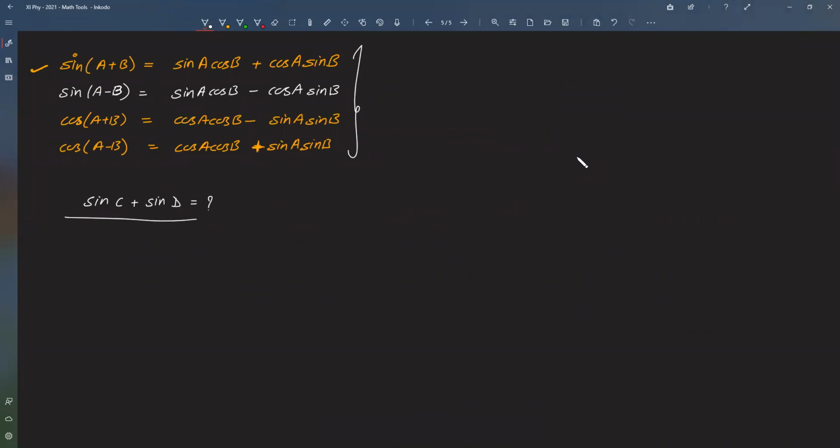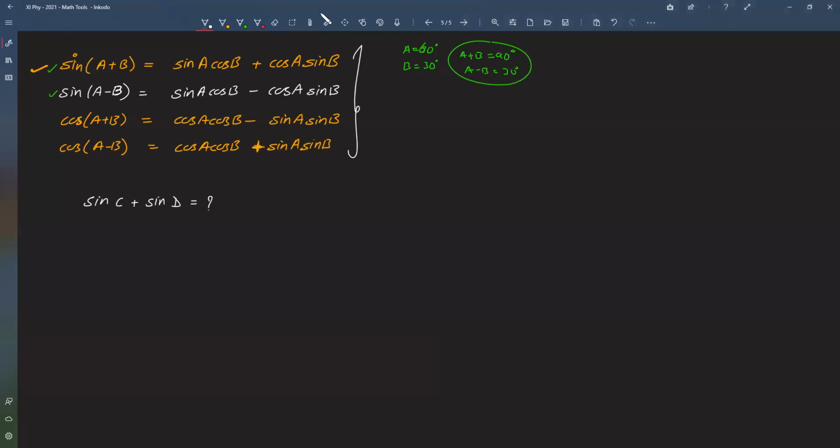Now, before moving ahead, in order to find that, we already have an expression where you have sine of an angle and sine of another angle. A plus B is one angle and A minus B will also be an angle, right? Suppose A is 30 degrees, B is 60 degrees, or the other way, A is 60 degrees and B is 30 degrees. So what is A plus B? That is 90 degrees, that is an angle. What is A minus B? That is 30 degrees, even that is an angle. So you have 2 different angles. Let's say those 2 different angles are C and D. Or what are they? We will see that.